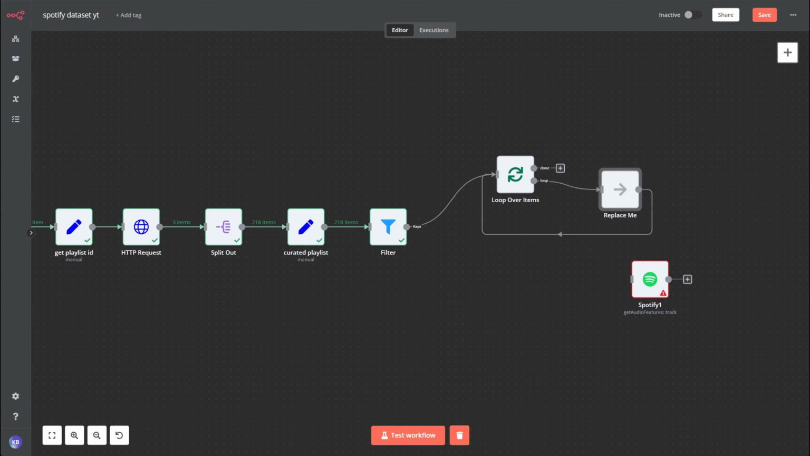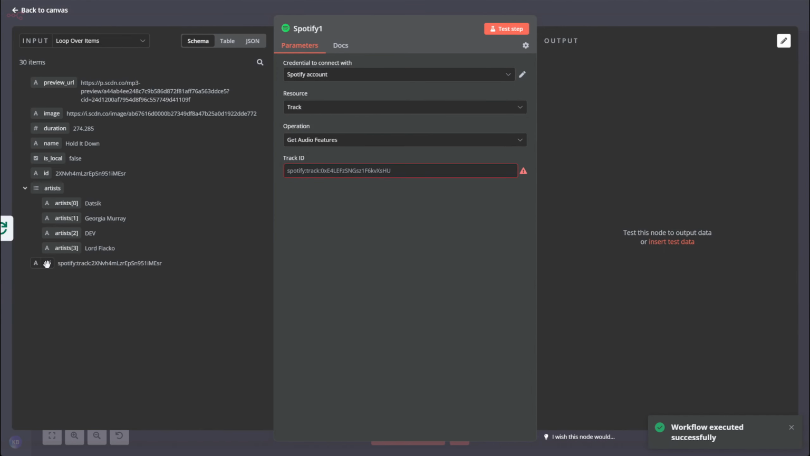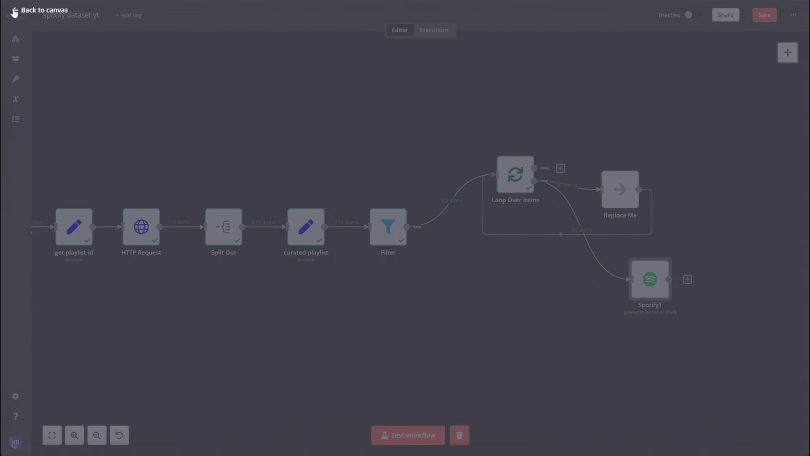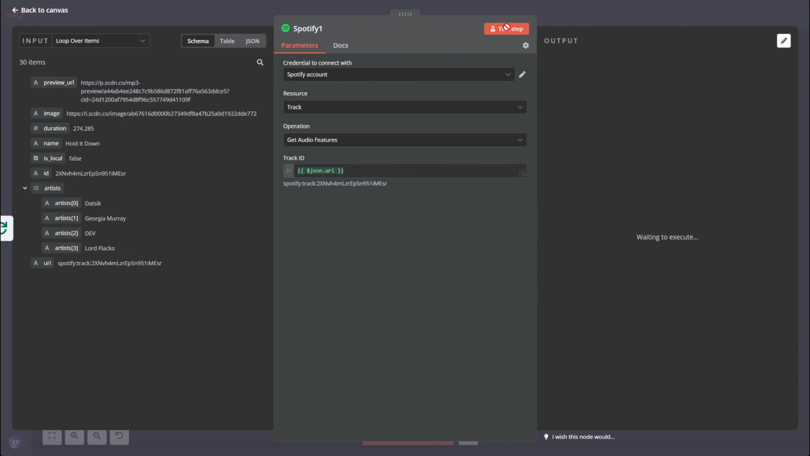So now our job is to replace this loop. Okay, I want to get the track audio features. So I need to execute the node and get the URI here. Okay, that's what the node wants. But before looping back here, I need to do something else. Maybe I need to filter some of the data. So if I go here and test the step,